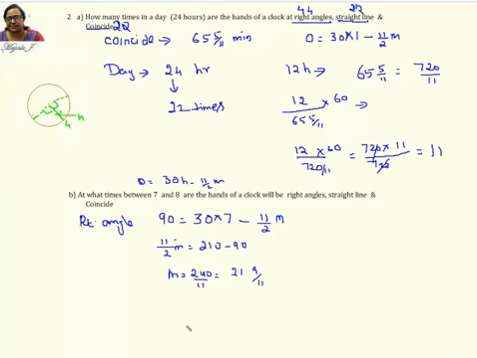For clock problems, you have to be very clear. You can't just put it approximately or as decimal points. You have to put it in a proper way. So it's 21 and 9 by 11 minutes. You can also imagine that, and just draw this and find out how you're going to get this.